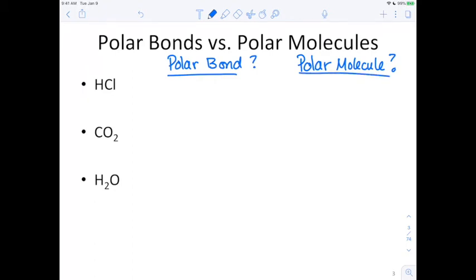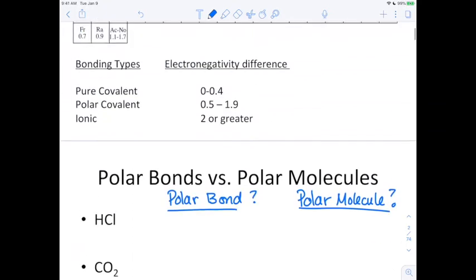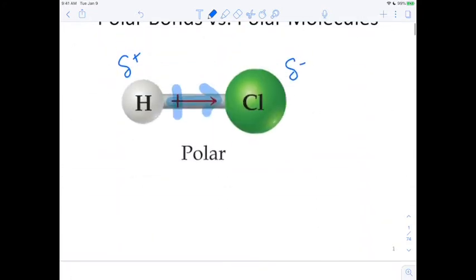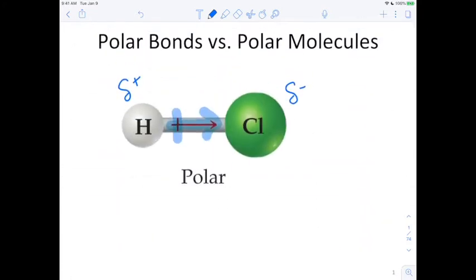All right, so first off, we think about HCl. HCl is the molecule drawn right up here. So if we have a difference in electronegativity,